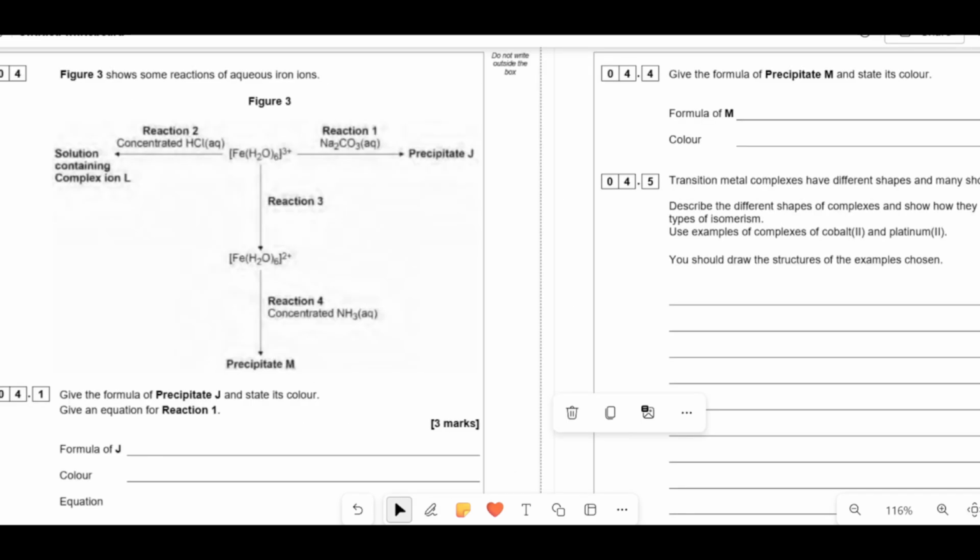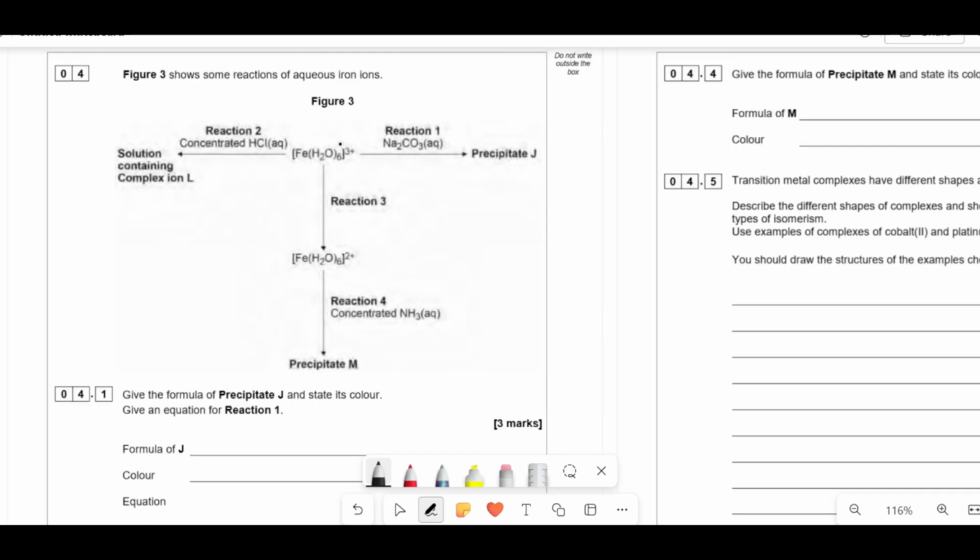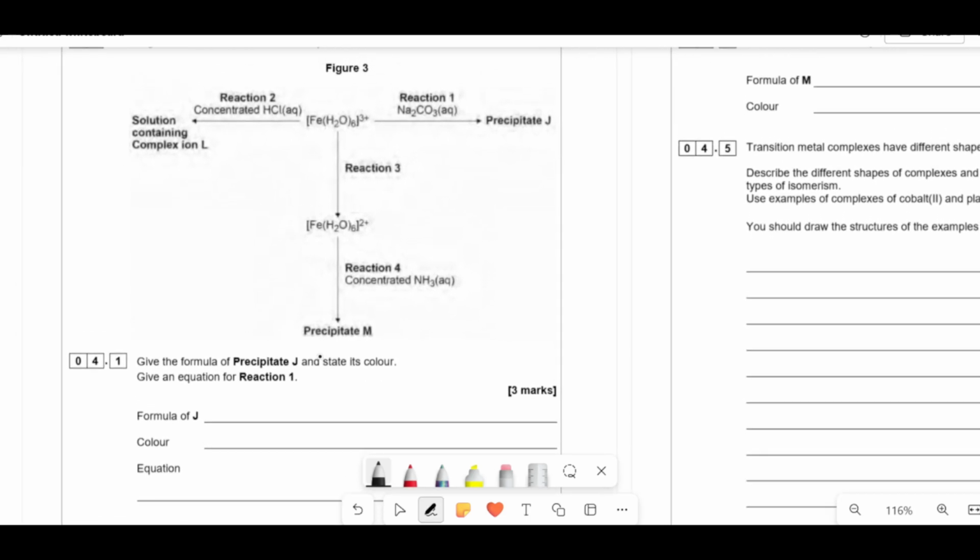Okay, so this next question says figure 3 shows some reactions of aqueous ions. So let's have a quick look at what's going on. Figure 3 is showing Fe(H2O)6 3+. We're adding it with some concentrated HCl, and we've got something going on here. We're reacting it with a carbonate, we got this precipitate, and then we can do another reaction to get it down to Fe(H2O)6 2+, and then we do some more stuff and we get a precipitate here. Fine. So then it says give the formula of precipitate J and state its color, and then give an equation for